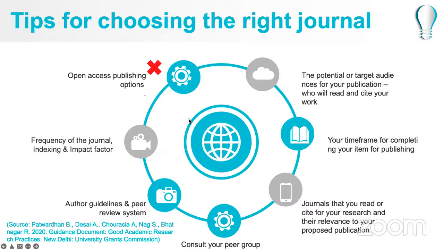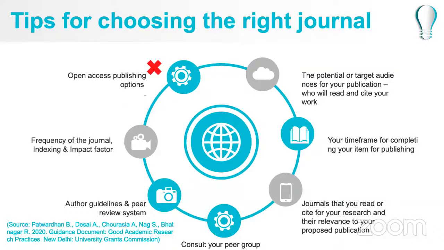Then open access publishing options, right? Open access in the sense that it should be an authentic open access journal, otherwise, as I said, some journals take money and publish your articles, so that should not be the case. All these commercial publishers in the market now have the open access model also. They have that OA mode to publish your article, where they ask a minimum of $5,000 for publication fees. But the predatory, blacklisted journals will ask you 2,000, 3,000.